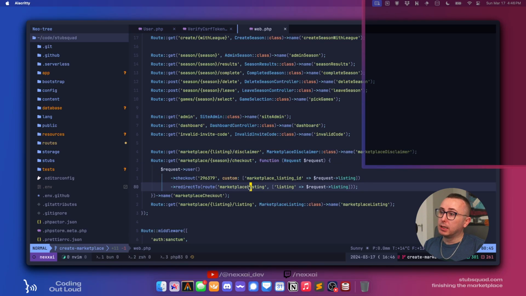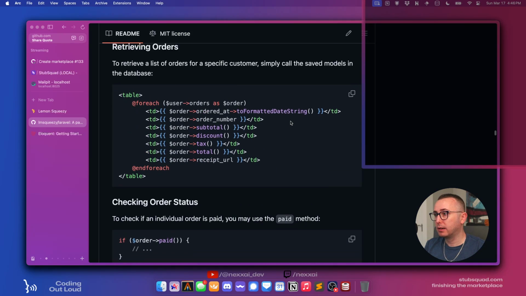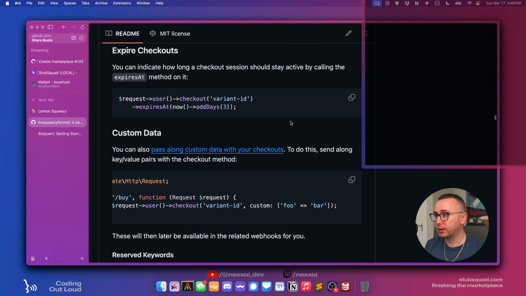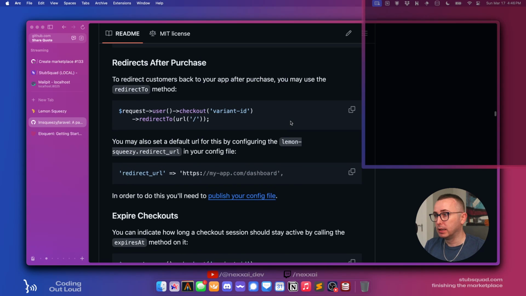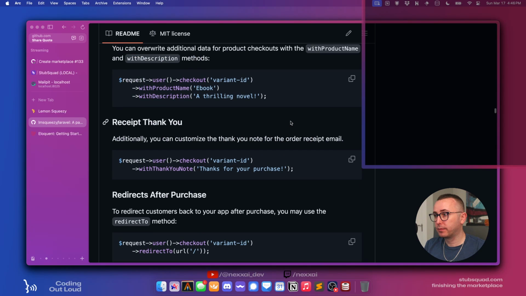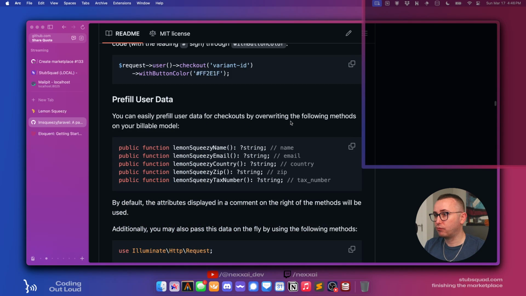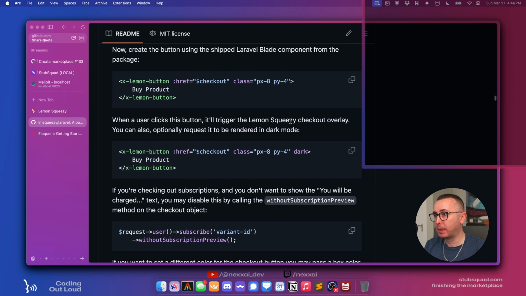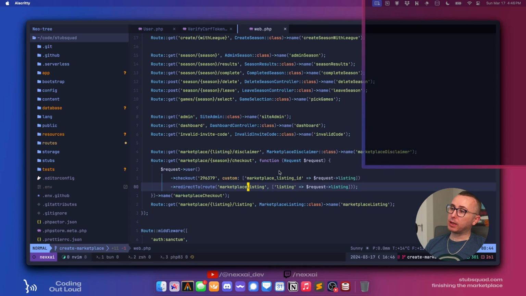Otherwise, I wonder if there is a redirect to on fail versus redirect to on success. What I'm thinking about is this listing isn't going to exist if the person's payment failed. I'm just curious what this is going to do. So I guess we'll just have to test it out and see.